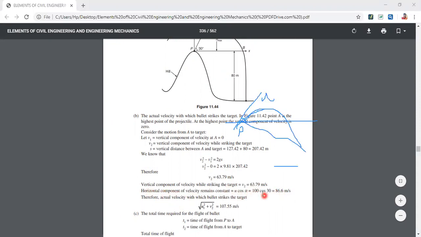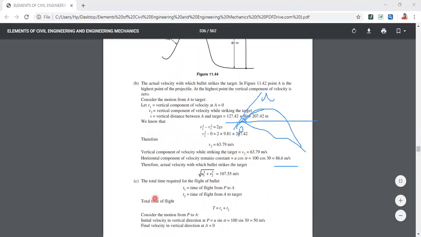You get this value. Now this is like your summation f of x and summation f of y. Vertical component is summation f of y, horizontal component is summation f of x. So if I want to find one value, which would be the combination of these two, it is like your resultant R, which is under root fx square plus fy square. Square both and under root, you will get the final velocity v. Then the total time required we have to calculate.